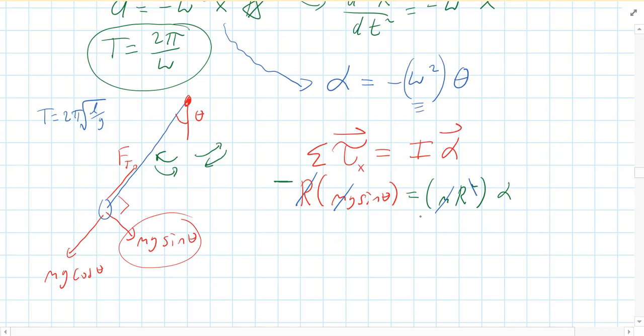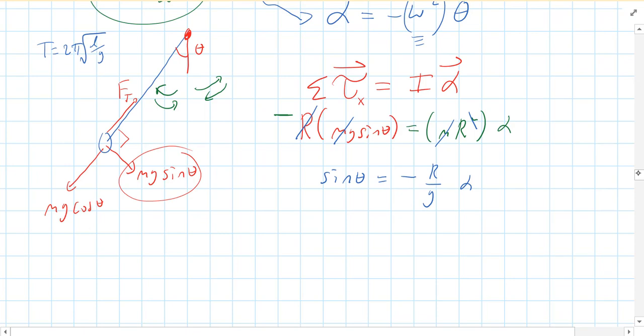And I'm pretty close here. What I'm going to eventually get is sine of theta equals negative r over g times alpha. Now, the radius is also the length of the string, so we can replace the r in this equation with an L. Okay, so finally,